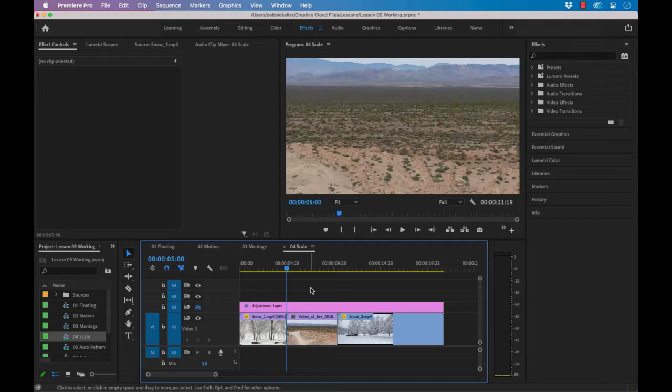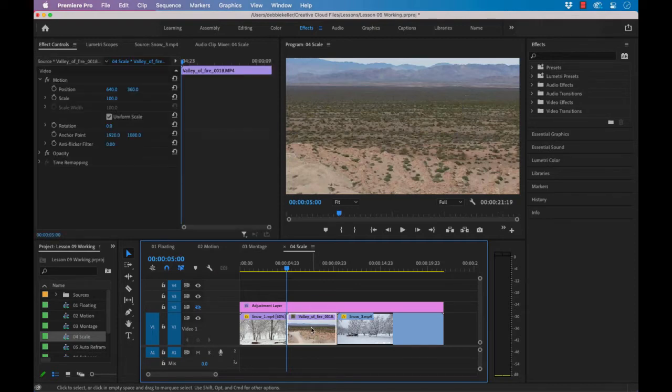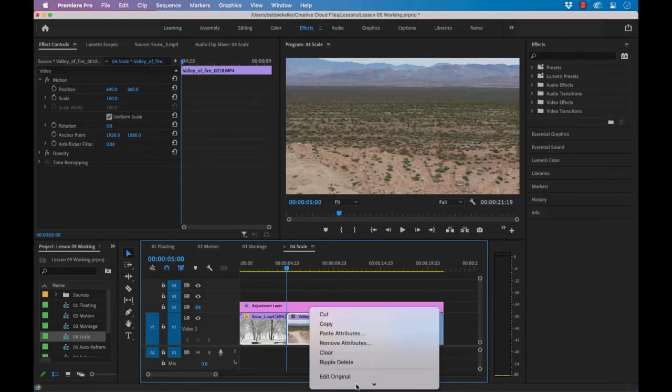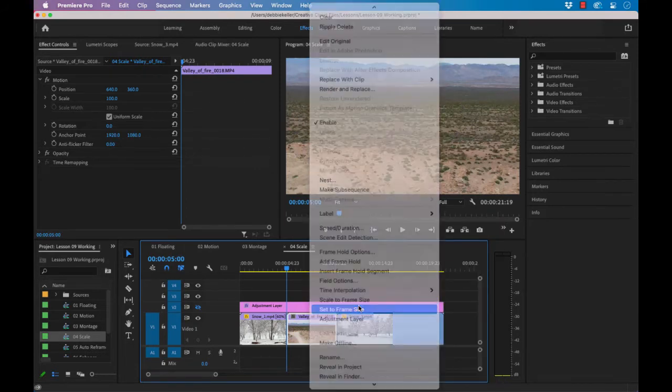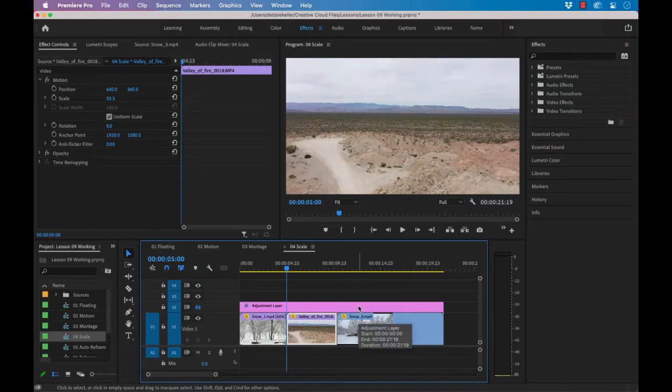Select the clip and look in the Effect Controls panel. The scale setting is 100%. Right-click the clip in the timeline panel and choose Set to Frame Size. The scale setting changes to 33.3% to fit the image in the sequence frame. You now know you can scale this clip between 33.3% and 100% and maintain quality without magnifying pixels while still